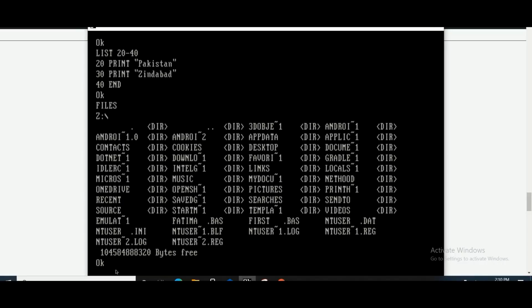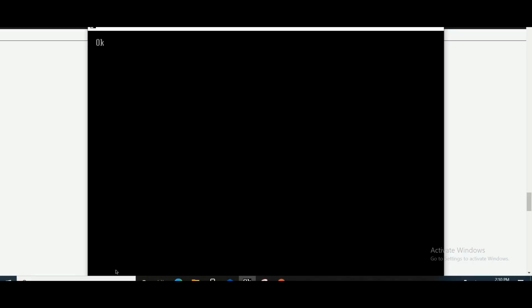I list my program and I want to save it on the disk. Because this is my second program, I name it second and I close it in quotations, and then I press the enter key.